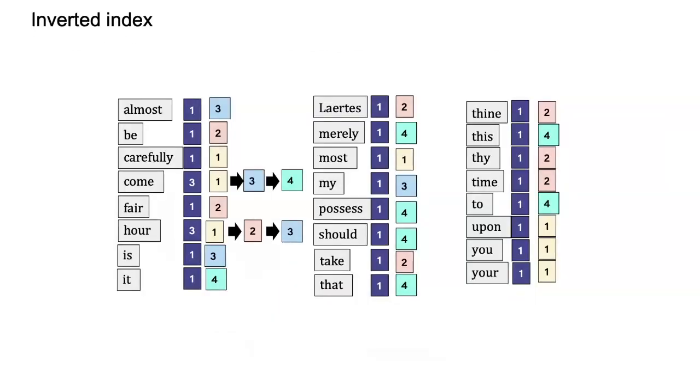So coming back to the standard inverted index, this is one that we built last time. We have all of these terms. The purple square is the document frequency, and then we have 1, 2, 3, 4. These are the 4 document IDs. Then we have the place in which they appear. Now,